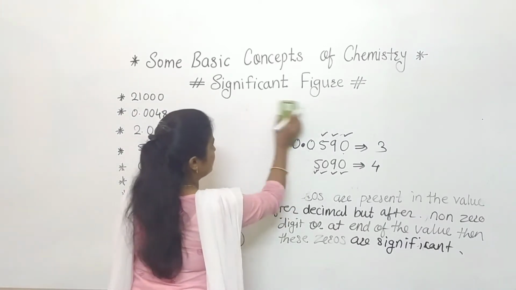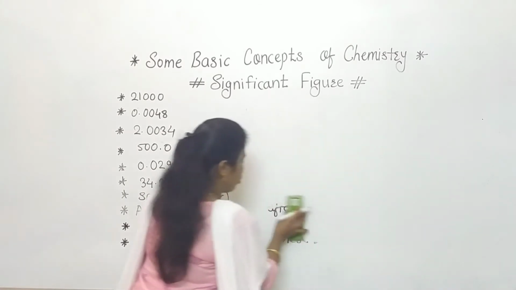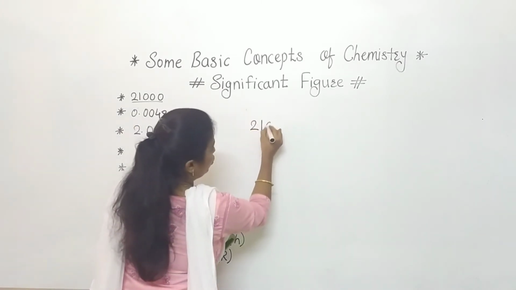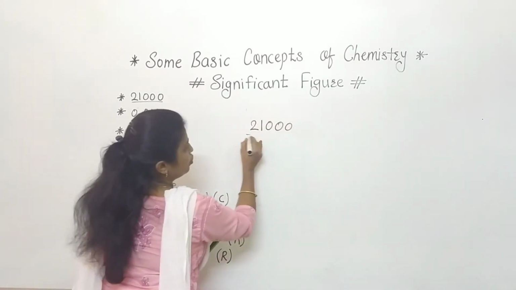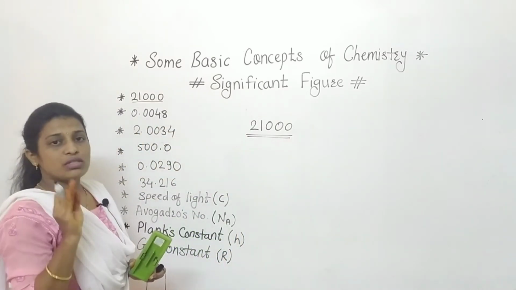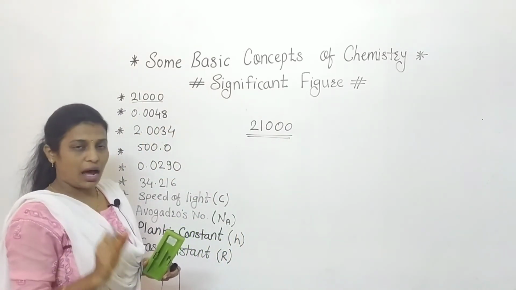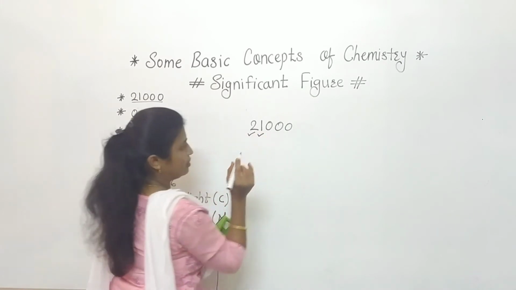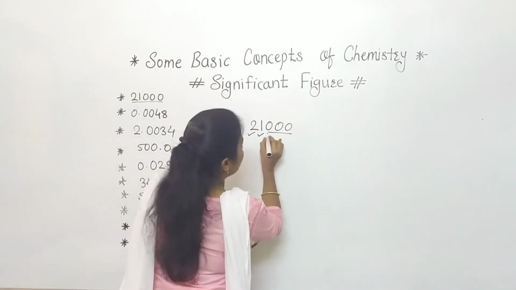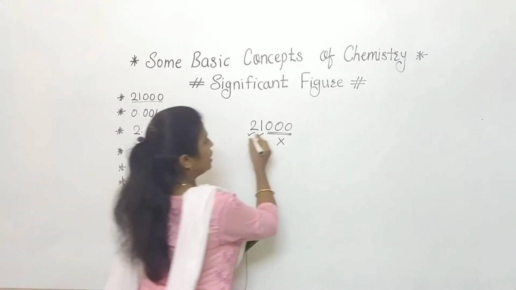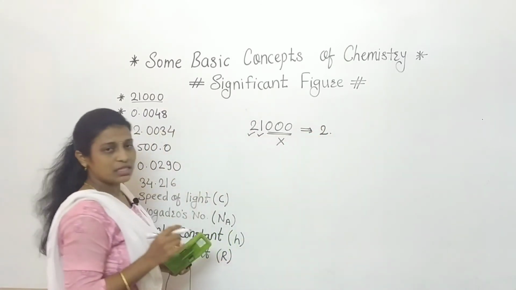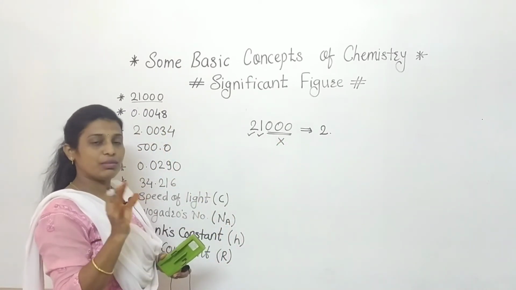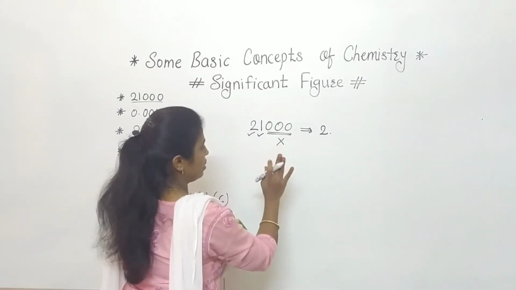Now we'll discuss some examples to find out the significant figure of each and every value. Okay, now see first one. First one is 2100. Okay, 3 zeros are there. Now see, what is the rule? Those non-zero digits that are there in that value are significant. So 2 and 1, these two are significant, and these remaining zeros are not significant. So in this way, for this value, significant figure is 2. Why are these zeros not significant? Because they are not coming after decimal or in a decimal-containing value. That's why these are not significant.